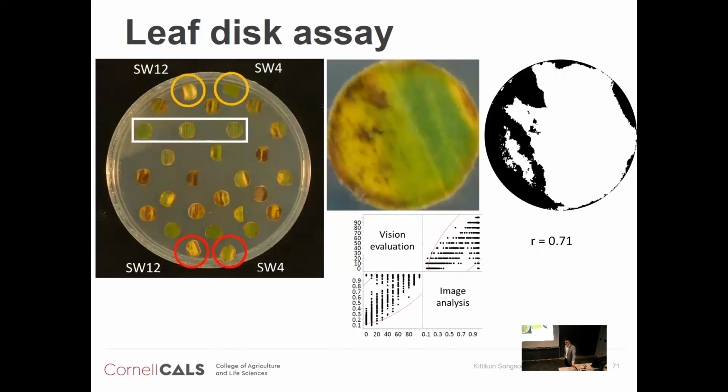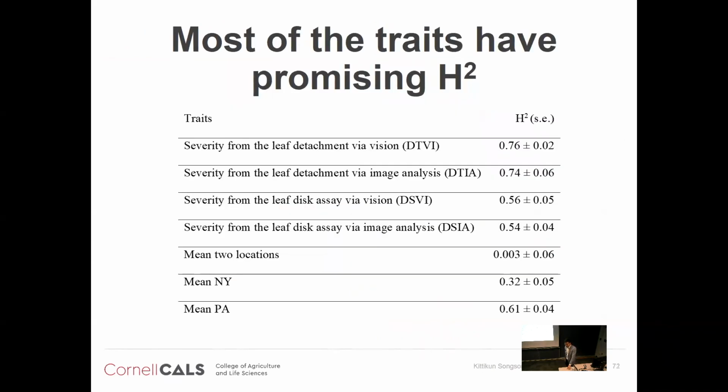Another evaluation that I did was the leaf disc assay, where I cored the leaf into 1 centimeter discs, put them in water agar, took pictures, and used ImageJ to extract each leaf circle and evaluate similar things. That also has a high correlation, at 0.7, with my eye results. Based on these, I evaluated broad-sense heritability, and this time it's very high: 0.7, 0.5, skip this one, and 0.3 and